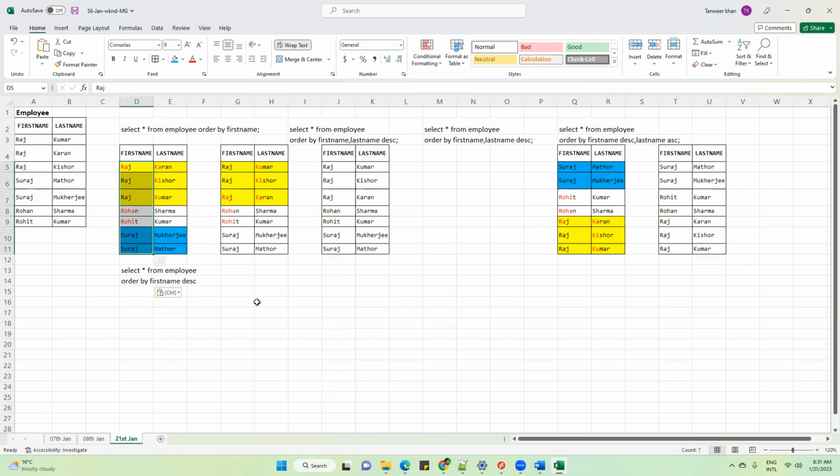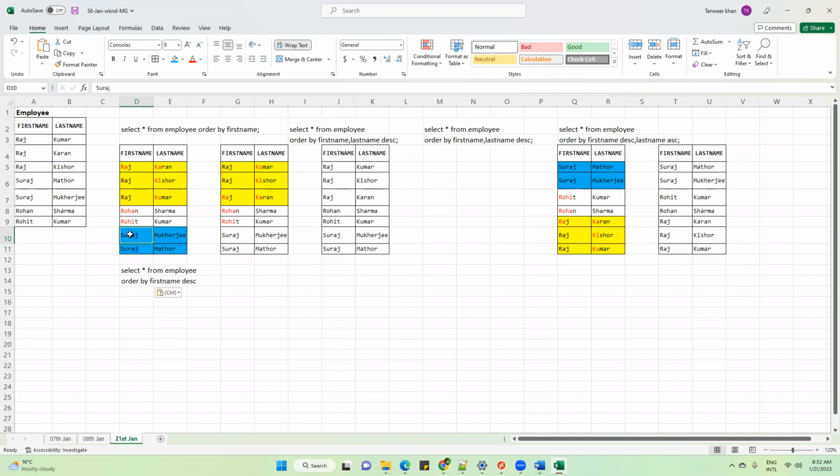Here you are telling first name descending, so Suraj will be at the top. Now there are two Suraj, Suraj Mukherjee and Suraj Mathur. Which one will you keep at the top, Mukherjee or Mathur? Randomly, right? As you mentioned before. Randomly. Correct. Here you have just mentioned order by first name descending.